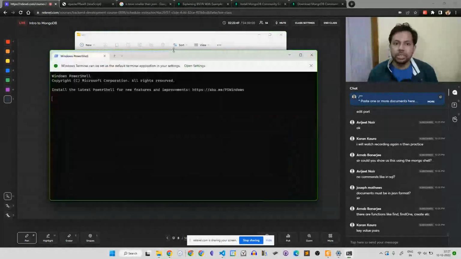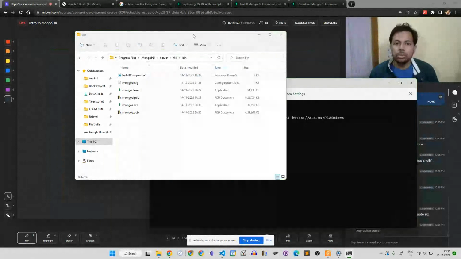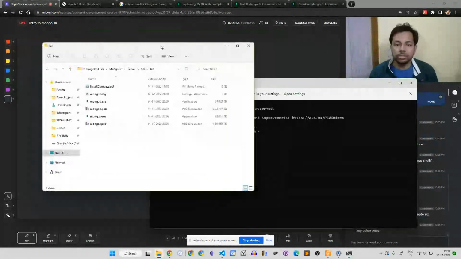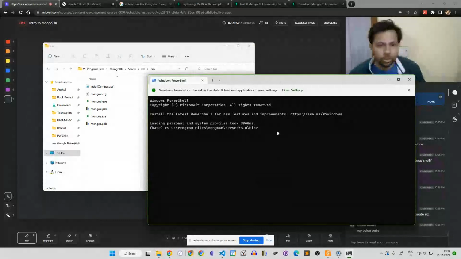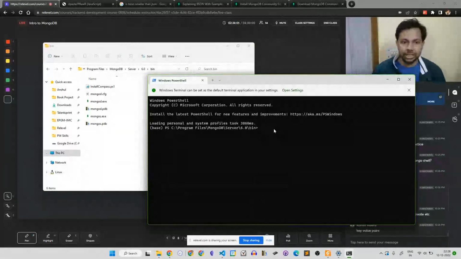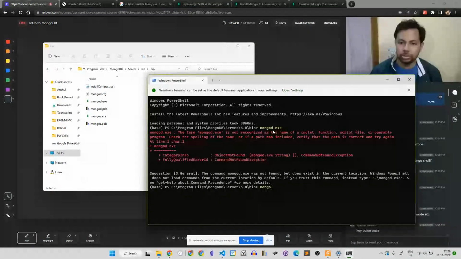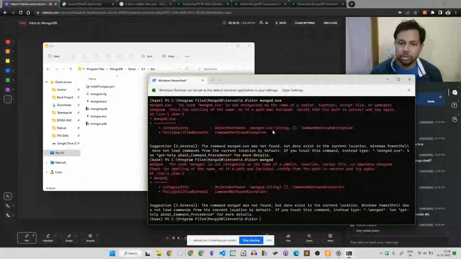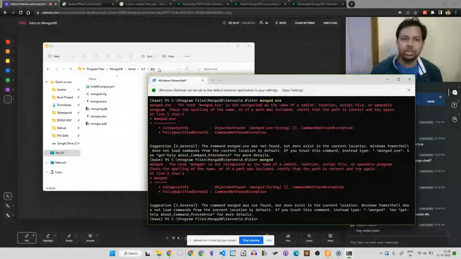If you open terminal in this window, the terminal opens in the same window. Now I can run mongod.exe. Oh, I have to add this to the path. So just copy this.